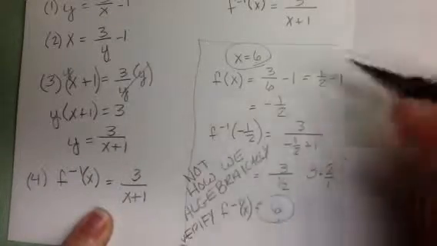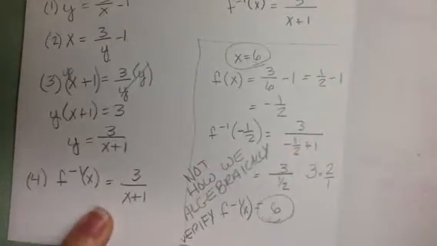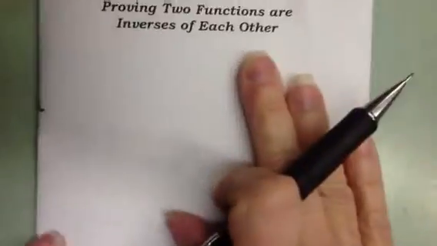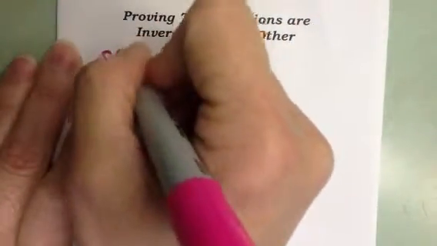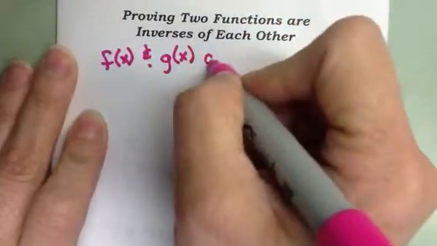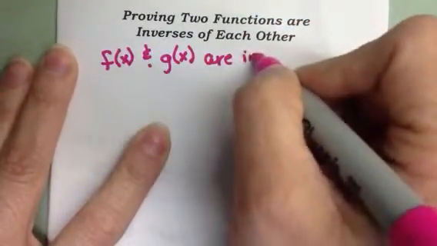But I just want you to see that numerically that's what's going on. Okay? Now, algebraically though, in order to verify, we prove that two functions are inverses of each other. Well, in order to do that, the actual definition says that if f of x and g of x are inverses of each other,